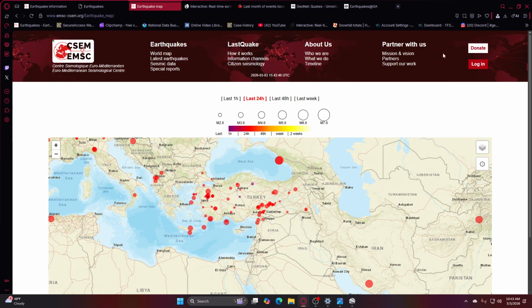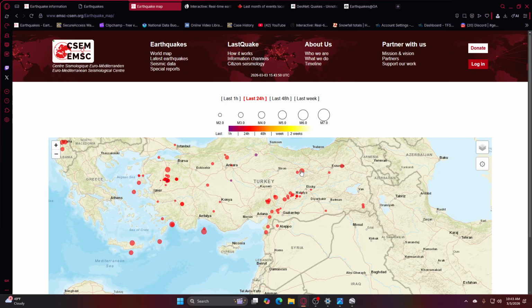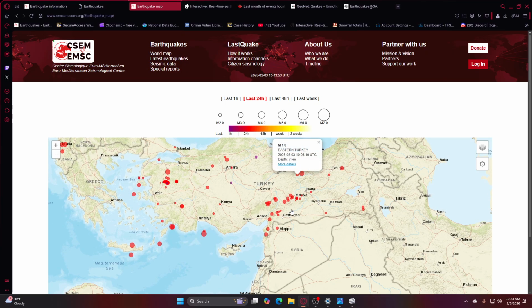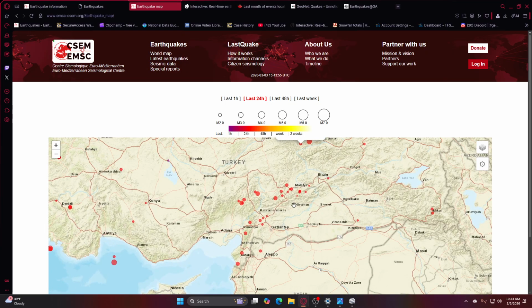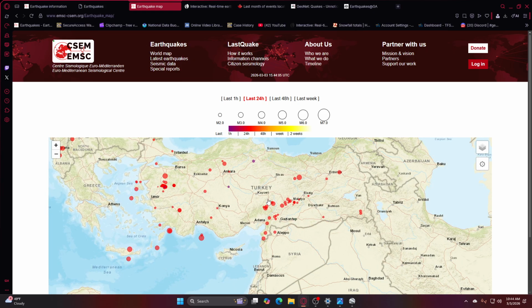So let's see if we can find this large 4. Turkey has had a lot of earthquakes today, so I'm not seeing it, but I'm looking for it. It'll be one of the big ones. So it's there somewhere. This is Turkey. Here, I was thinking up here because that was a bigger one. But anyways,